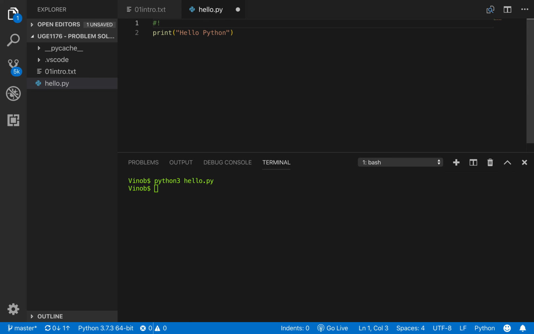The shebang line, as I have said, starts with a hash and then an exclamation mark. This line is also sometimes called a hash bang, because this is a hash symbol and this is an exclamation mark, which is sometimes referred to as a bang symbol, hence the name hash bang, or sometimes shebang. After the exclamation symbol, you specify the path to your Python interpreter. So let us